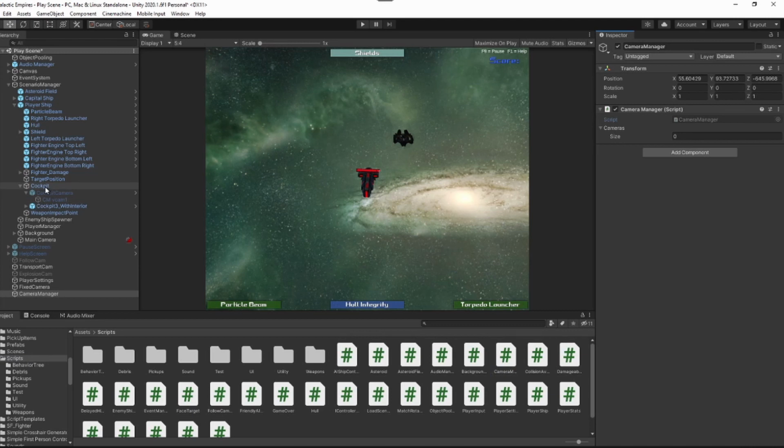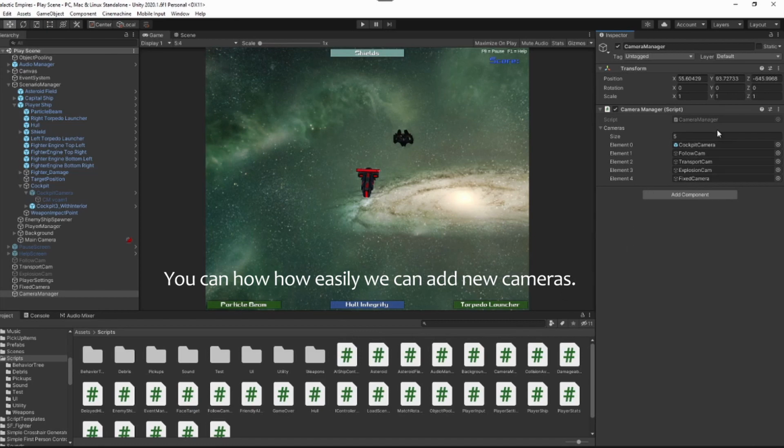And it's cool in Unity, I can just grab a camera and just drag it right into that collection. I can grab my followed camera, grab our transport camera, grab our explosion camera. I can even grab that fixed camera. And so I've got all 5 cameras in the collection. So I don't need 5 different serialized fields, one for each camera. We go back into our script,